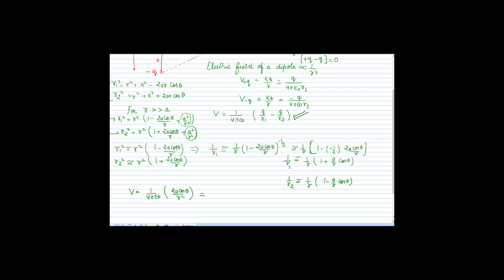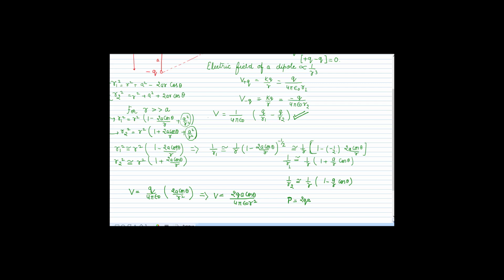So we have the final equation, with Q here because Q upon 4 pi epsilon naught we have taken as common. If we multiply these two, we have the value of V, the electrostatic potential, as 2qa cos theta upon 4 pi epsilon naught R square. And from the definition of dipole, we already know the dipole moment from our lecture. So the dipole moment, which is denoted with a simple capital P, is written as 2qa,